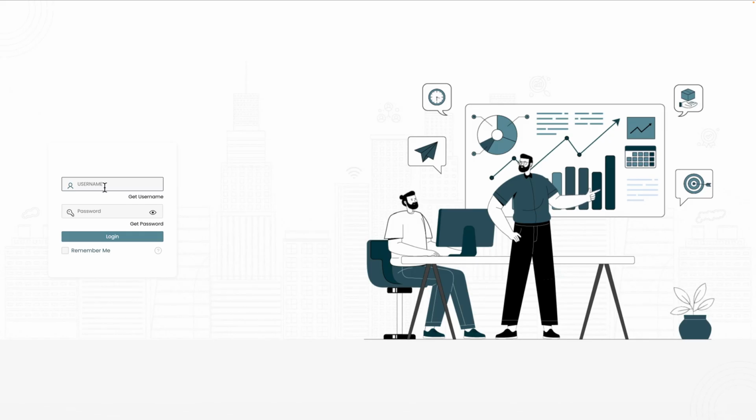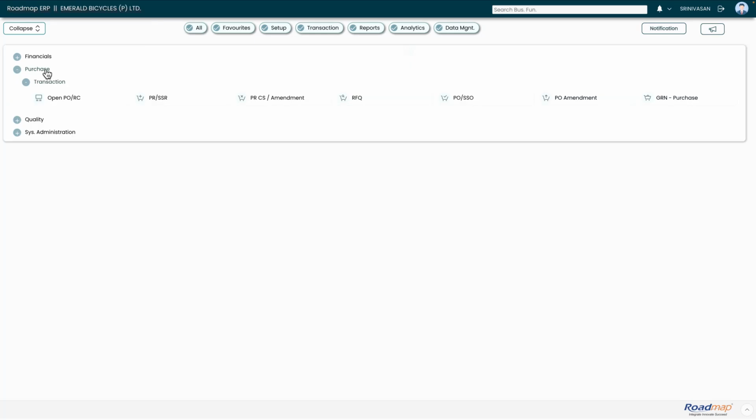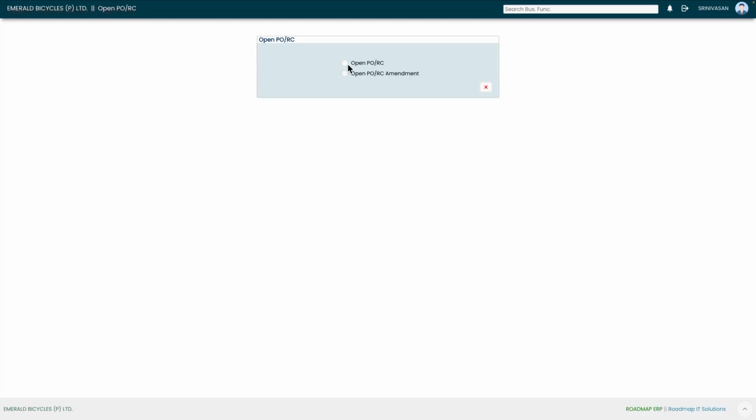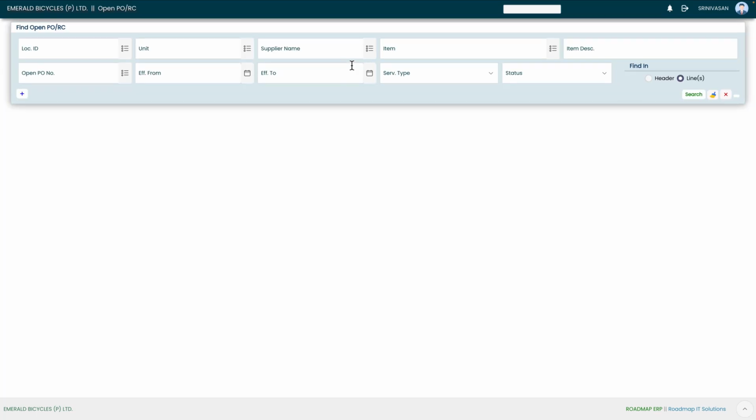So after giving up your approved supplier PO, now it's time to move on to your open PO on RC screen. And now we are going to log in as our purchase user. So at purchase under transaction, you have your open PO and rate contract. Click on it. So select it. So this is the screen of your open PO on RC, where you can create and where you can filter the document